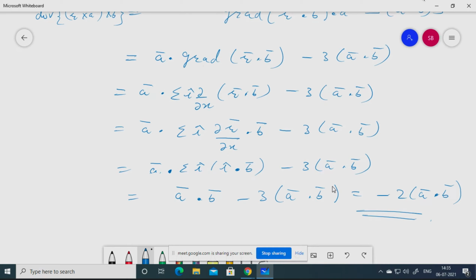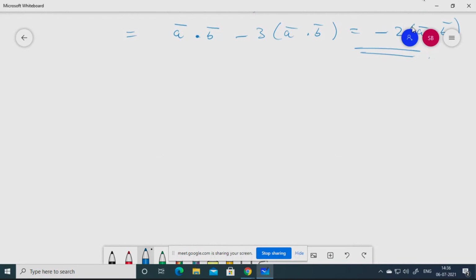So that's how you apply the identities. Similarly, the other one, you prove and tell me. What was the other one? You need to find curl of something. Curl means del cross of R bar cross A bar, this whole thing cross B bar. And what you need to prove this value to be? This will be equal to B bar cross A bar, where A bar, B bar are constant vectors. So try them, whether you will get it or not.